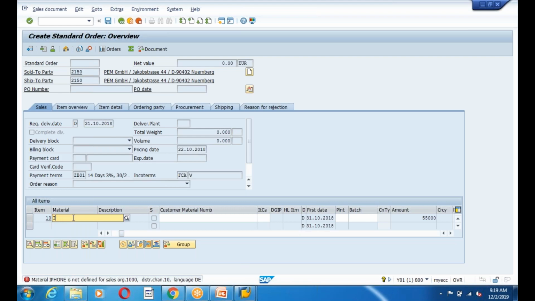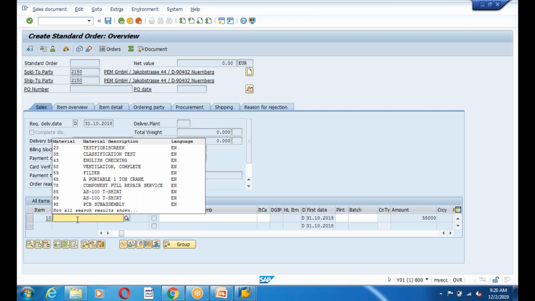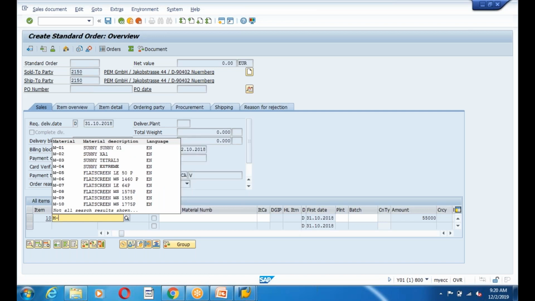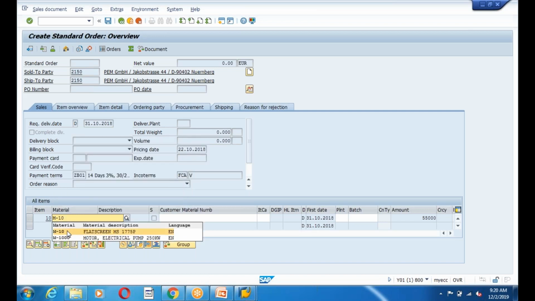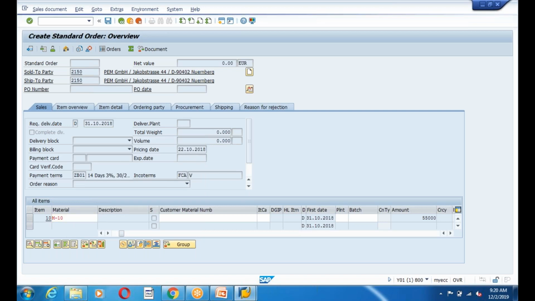Leave it. That's why I take my other products, which have a good configuration. Okay, this is also not there. Why? iPhone 10. Okay, this is the one product, and enter.